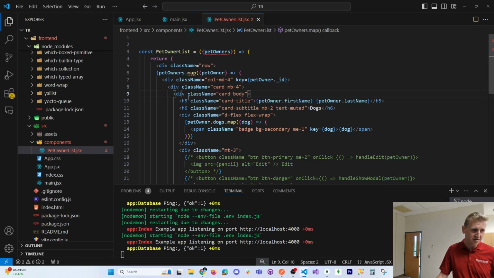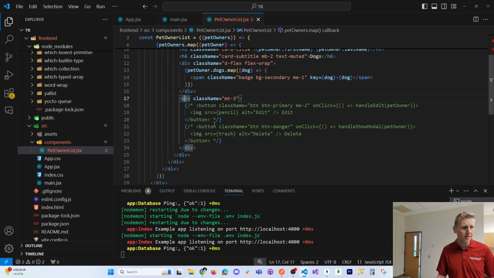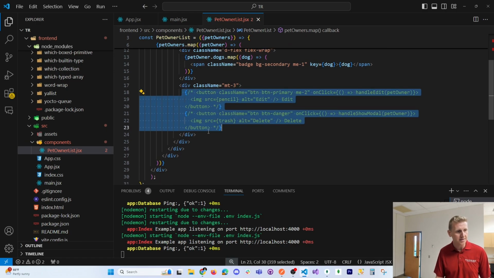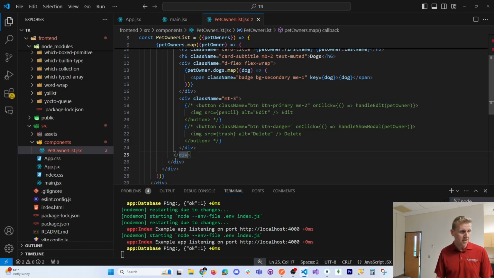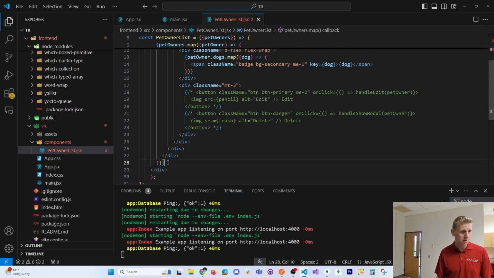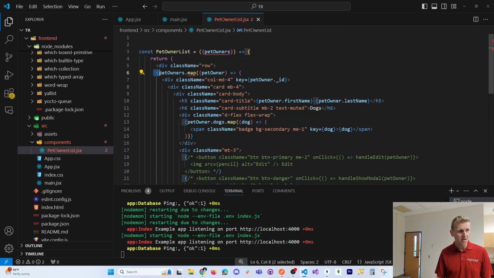In each card, there's a card body, and we put the pet owner's first name and the pet owner's last name. And then we loop over the dogs. If the pet owner has dogs, we put each dog, which is just a string, into a badge. Okay, so inside the card we have badges. We're going to have a couple buttons for editing and deleting, but we commented that out. Close the div, close the card body, close the card, close the column, close the